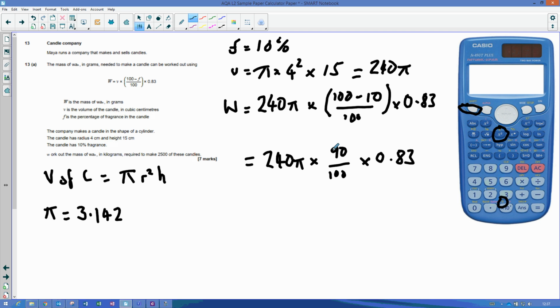But I can do this in my head as 0.9, so I'm going to type it in with a 0.9 because it's quicker. When I do, I get an answer of 4482 over 25,